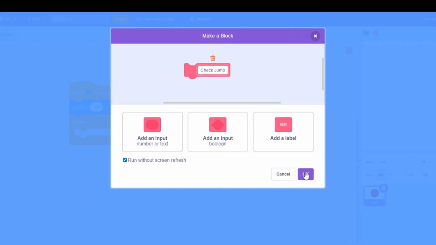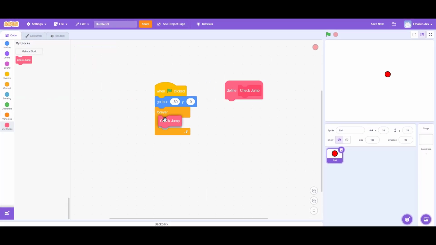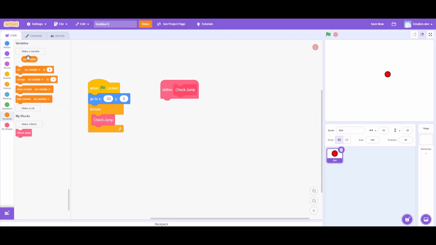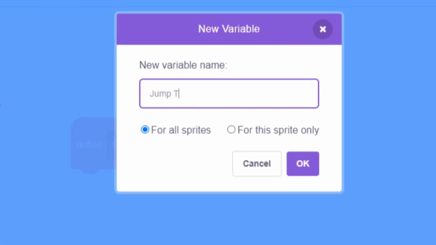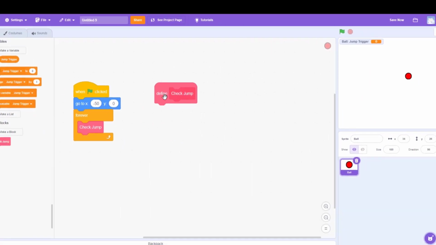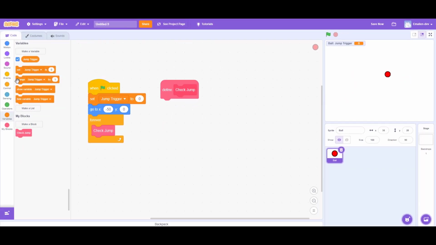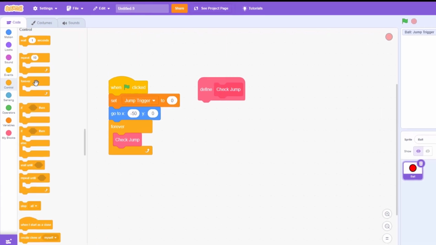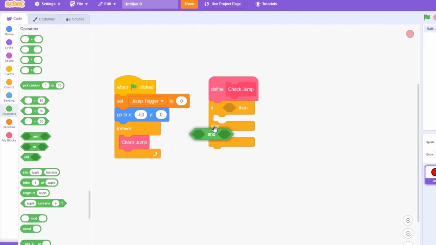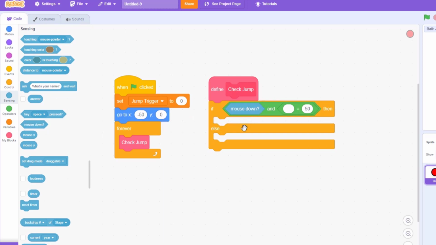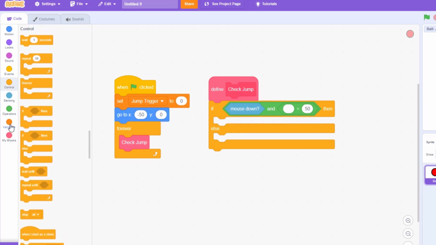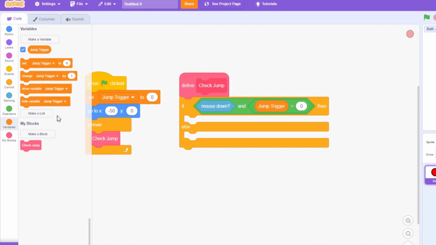Run without a screen refresh, put it in here, call it in here, and then we're gonna create a new variable. Let's delete this one, create a new variable called jump trigger for this sprite only. Set jump trigger to 0, and then we're gonna go in control, if and else, and is equal to. Then in sensing we're gonna say if mouse is down and jump trigger is 0,